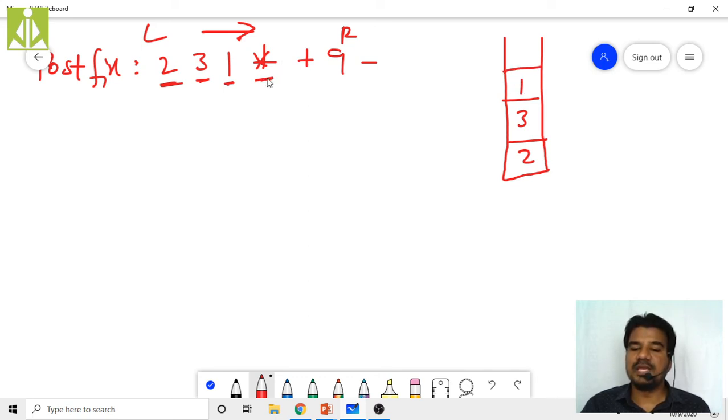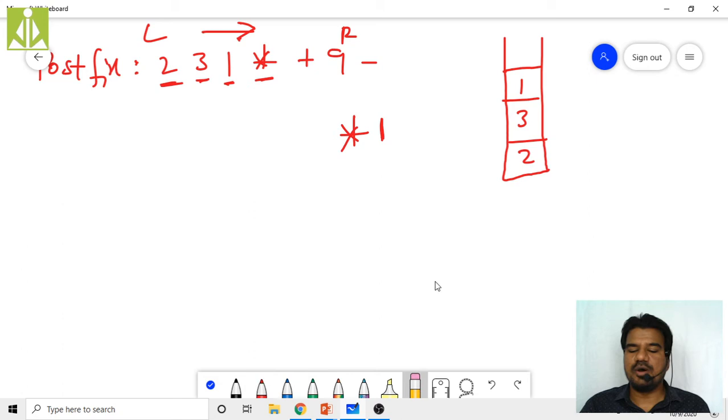Then we have multiplication. It is a binary operator, so we have to pop 2 operands. Popping is always done at the top of the stack only, so first I have to pop 1 before popping this 3. I pop this 1 and add it to the right side of my operator.